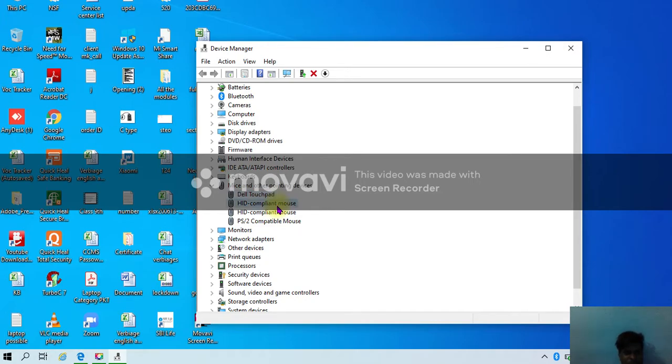HID-compliant mouse, HID-compliant mouse, PS/2 compatible mouse. So there are 4 or 5 options in the case of my laptop or notebook. In the case of your notebook, there might be fewer or more options. So if you are not able to find this Dell touchpad option that is there in my computer, you might have this